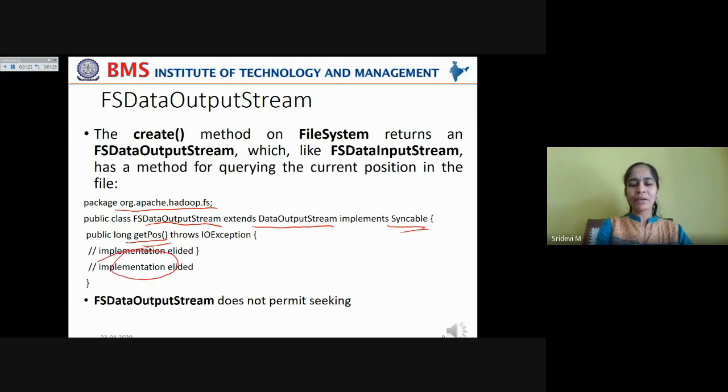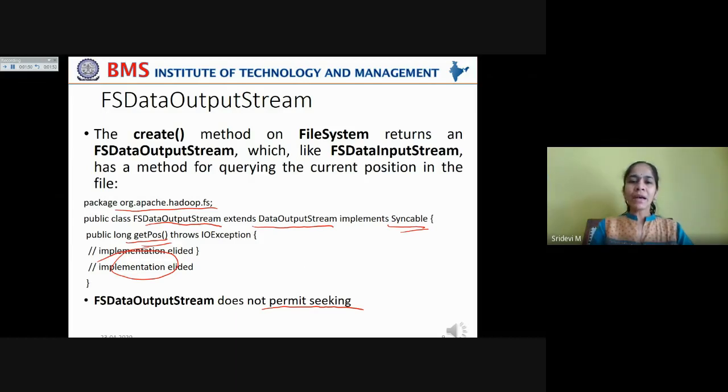We are keeping this pending for a later section so that we can observe the syntax of this getPos method. Now this getPos method will help us fetch the current position in the file. But FSDataOutputStream does not permit seeking. Remember, this is an important point. FSDataOutputStream does not permit seeking like we do in FSDataInputStream.